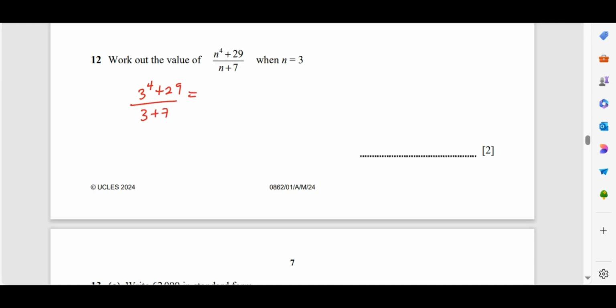So 3 raised to power 4: 3 times 3 is 9, times 3 is 27, times 3 is 81. We're going to have 81 plus 29 all over 10, which will give us 110 all over 10. 0 cancels 0. What we have left